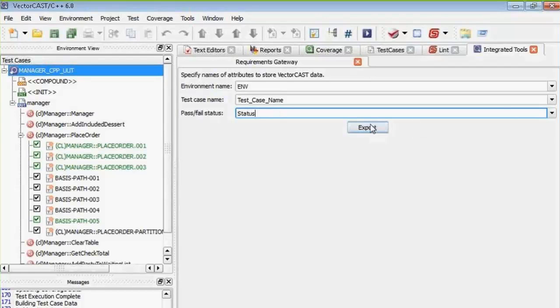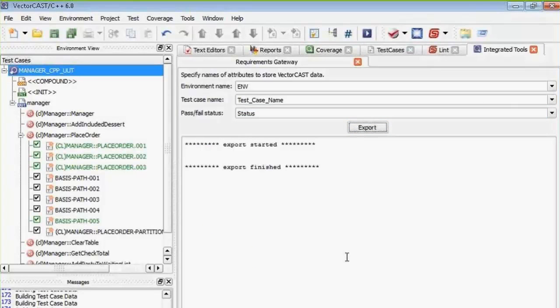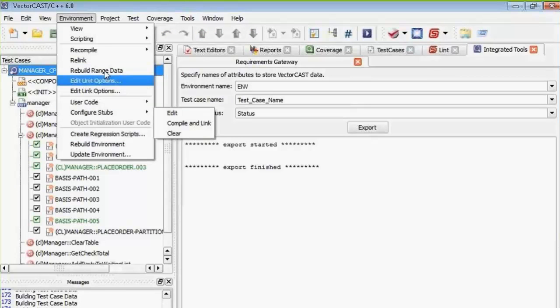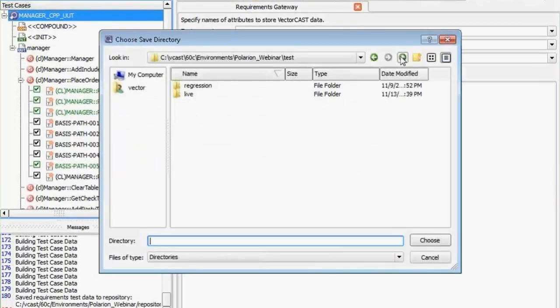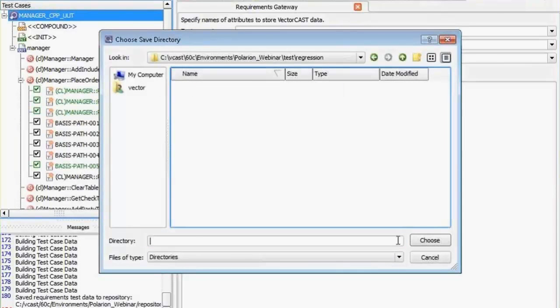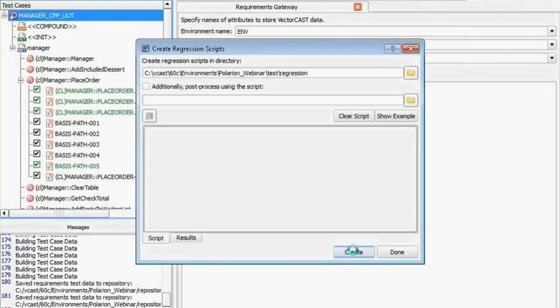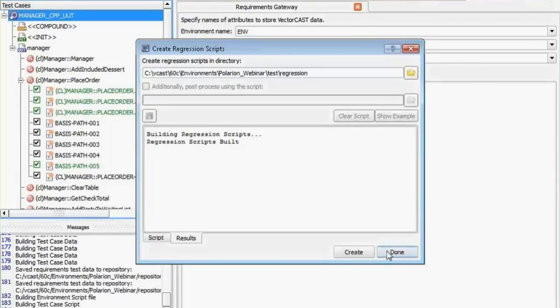Okay, so if I hit export here, this will now push the test case information from what we've done back into whichever requirements tracking tool that we're using. The last thing that I want to show you, just before we wrap up, is that if I have finished my testing and I want to save some regression scripts so that I can repeat this, I can summarize the whole environment into a set of scripts